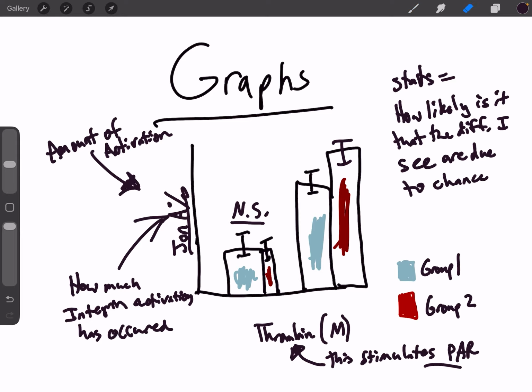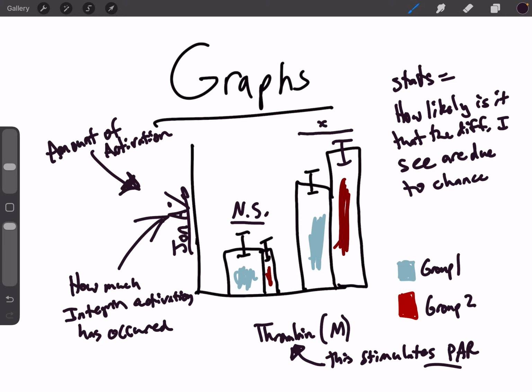So what NS means is that there may be differences, slight differences between the groups, but that can be explained through chance. And then you're going to see what all scientists love,